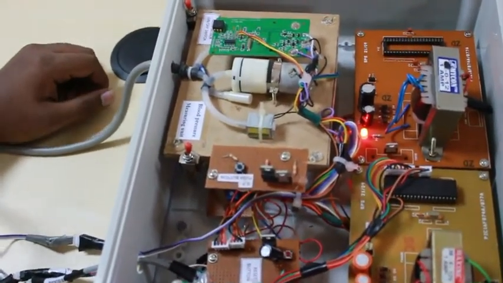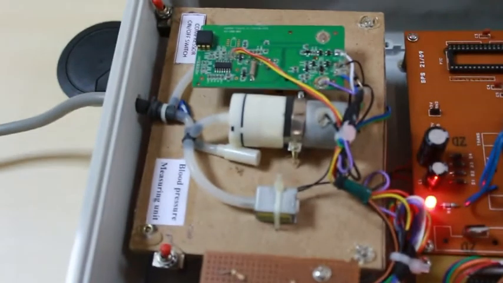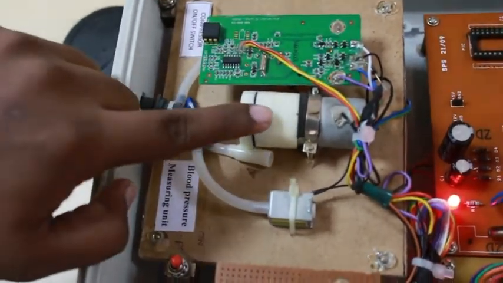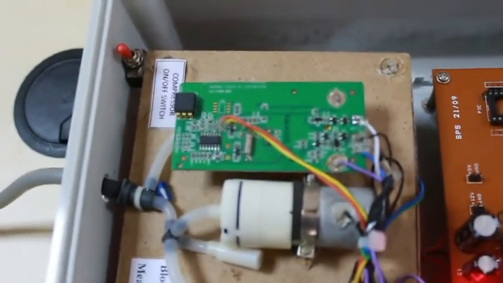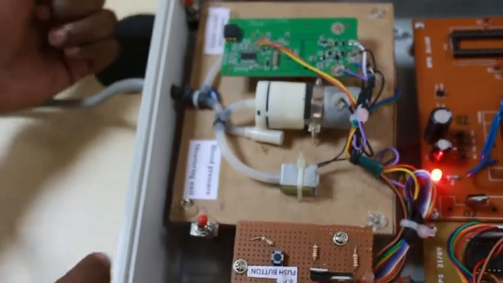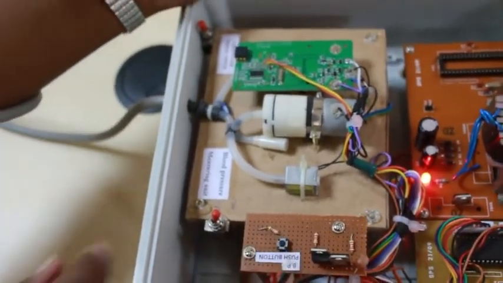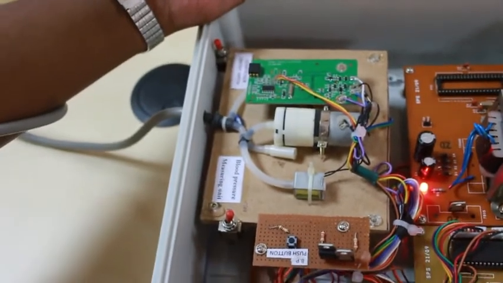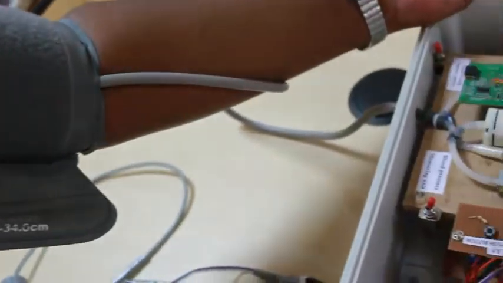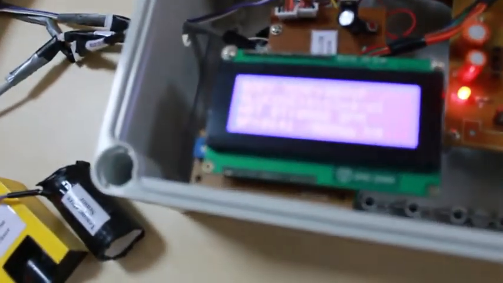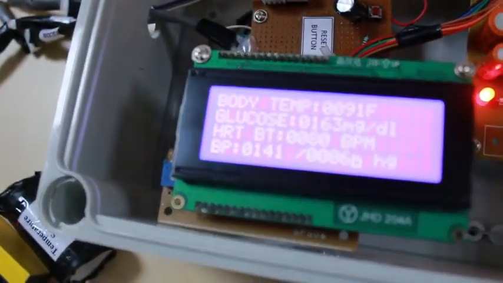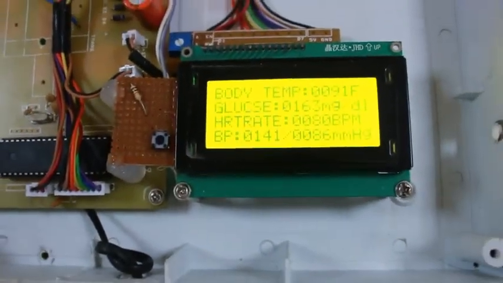Blood pressure. Here we are using the oscillometric method to measure blood pressure. The cuff is inflated by a 6 volt DC pump and connected with a piezoresistive pressure sensor which measures the cuff's internal pressure. The air is blown inside the cuff until it occludes the blood flow, which causes internal arterial pulsation. The pressure sensor signal is given to the microcontroller to check the maximum amplitude of the oscillometric signal, which is known as mean arterial pressure. From the mean arterial pressure, we can calculate systole and diastole values and display them on an LCD.